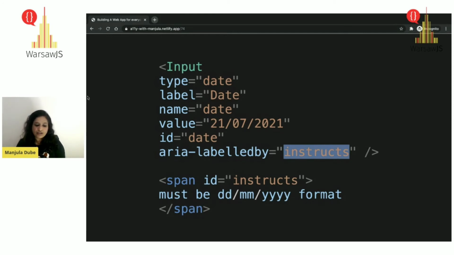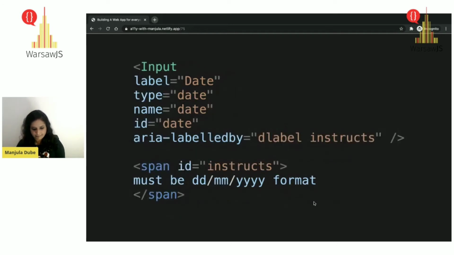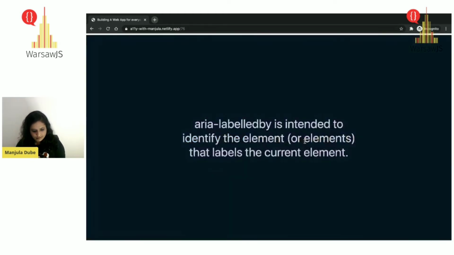So now when the screen reader goes through this input field, it will read: date must be DDMMYY format. So it gives them already a clue of what this format should look like. As I said, it accepts multiple IDs, so you could just go on and provide the necessary information. Good.